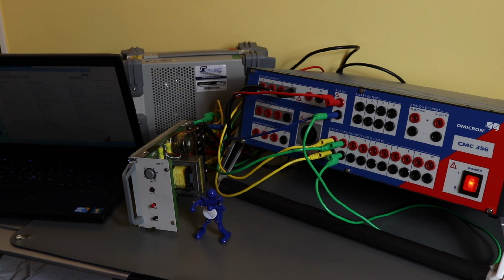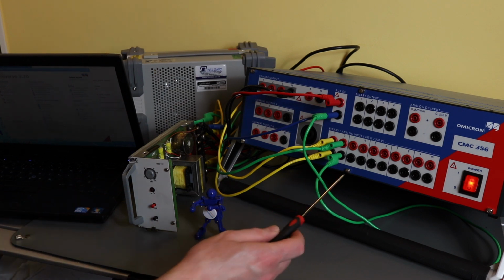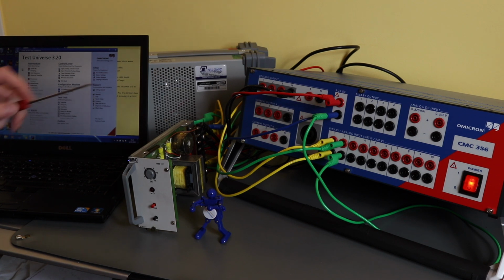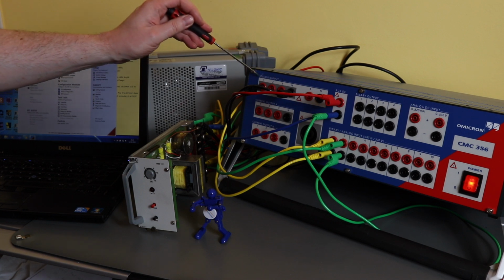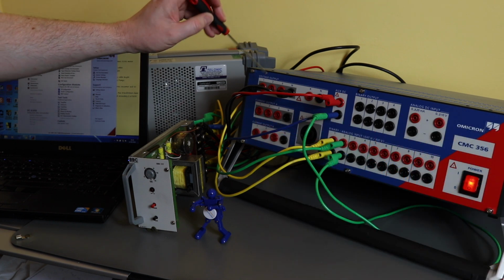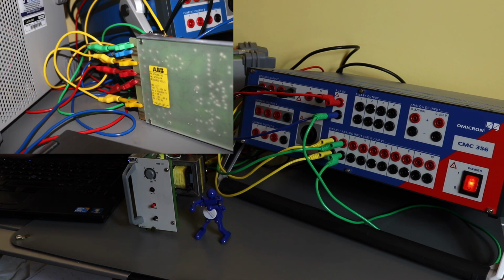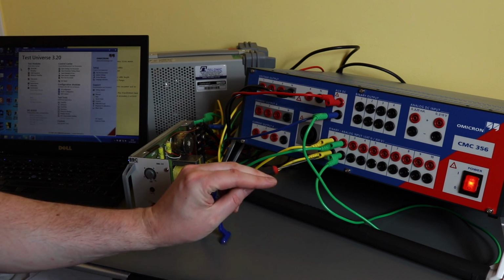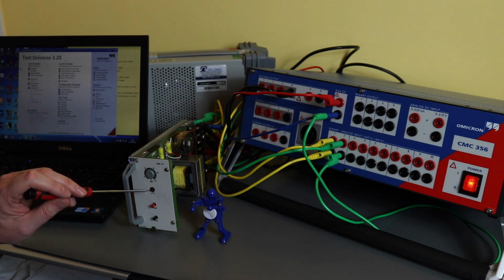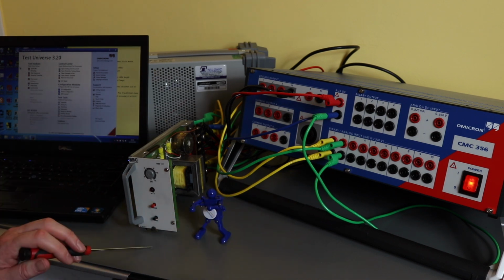It will supply 18 volts because this particular relay requires a separate tripping supply, and then the Omicron will supply the 24 volts DC for the actual relay power. At this moment in time the test setup I've got is injection voltage into this side here, which is the actual trip level. I've got the auxiliary DC supply going onto the crocodile clips on the back of the PCB. I've got the first binary input, which actually takes in the trip signal from this relay, which is when the little LED comes on, and then binary 2 is on the start function,